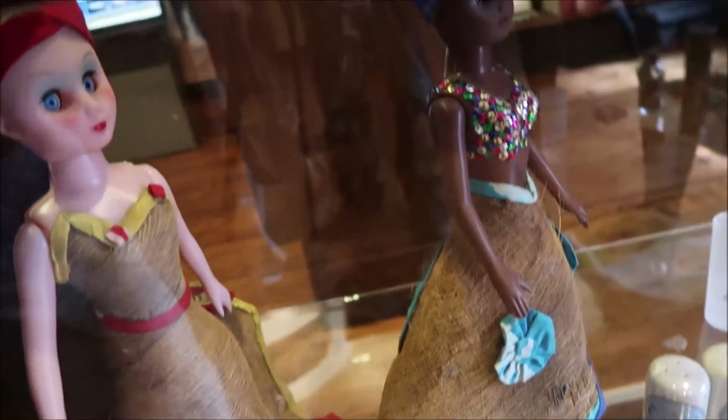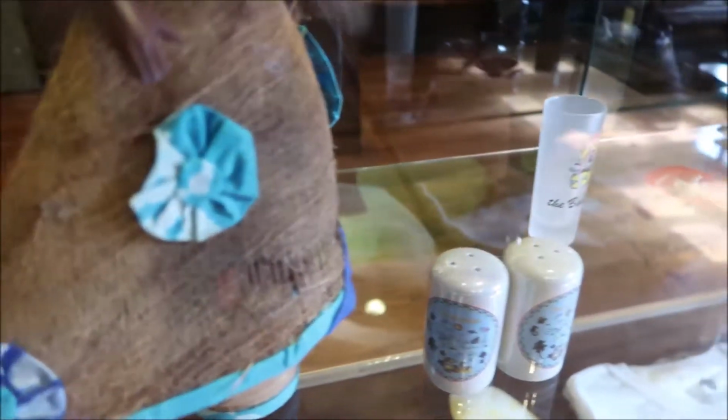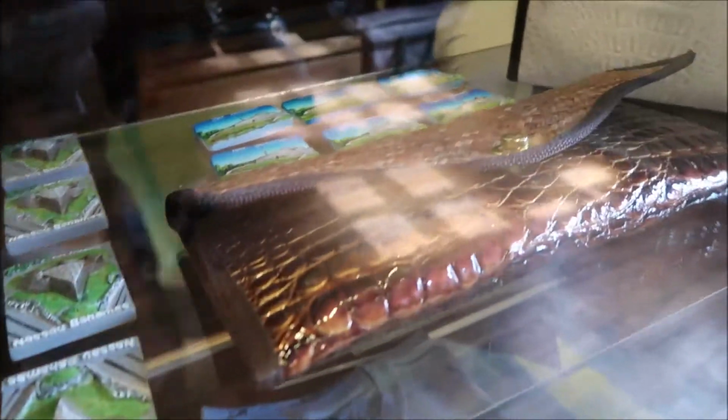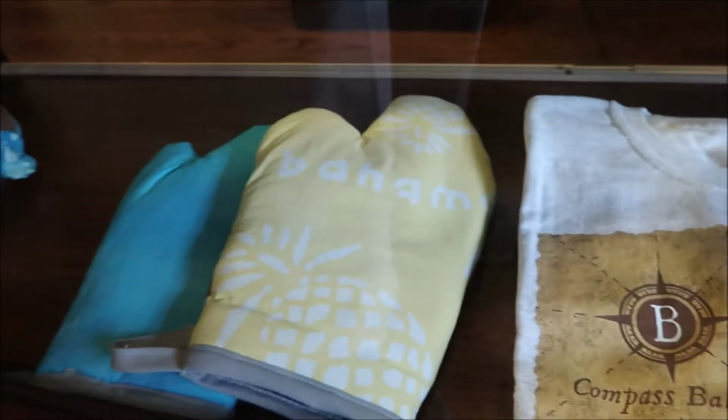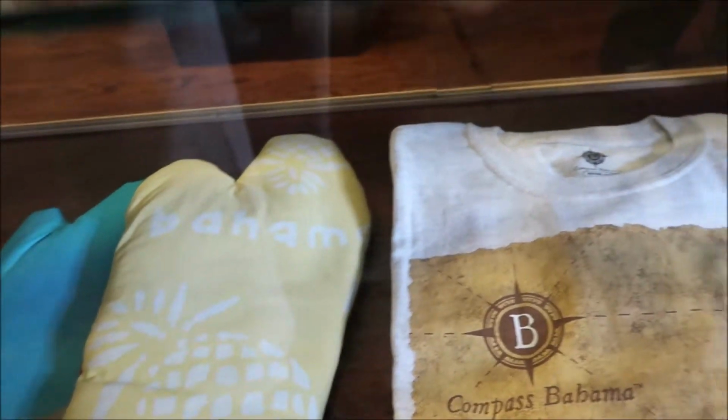Okay, this is more stuff at the gift store. Bahamian-made products, some dolls, salt and pepper shakers. Looks like some fridge magnets. You can purchase a handmade purse, some t-shirts. You've got flags here, handmade kitchen mittens. So you can even come and buy Bahamian-made stuff when you visit the